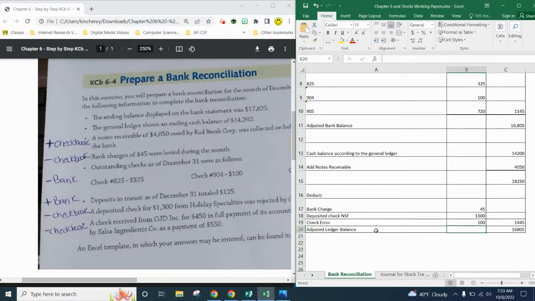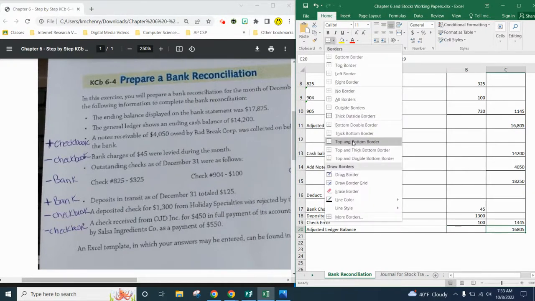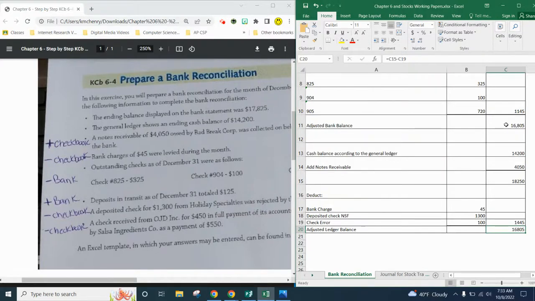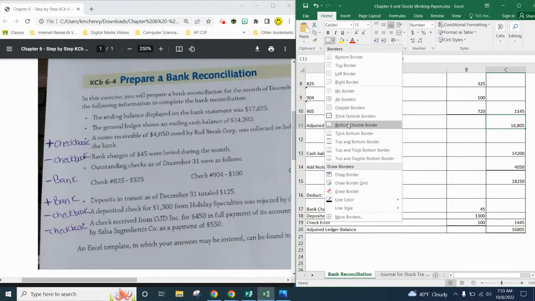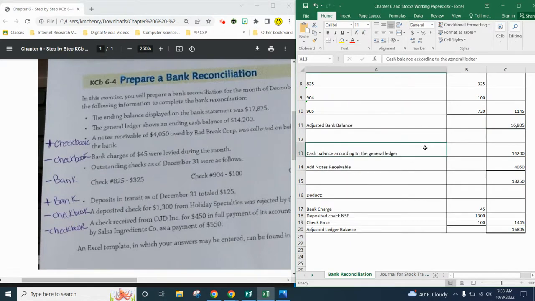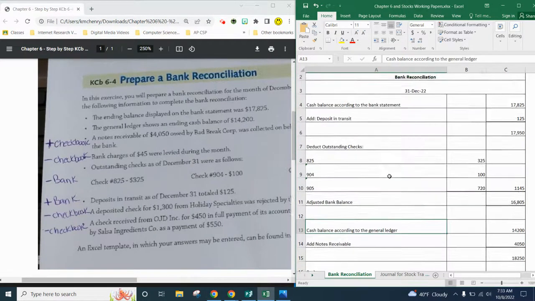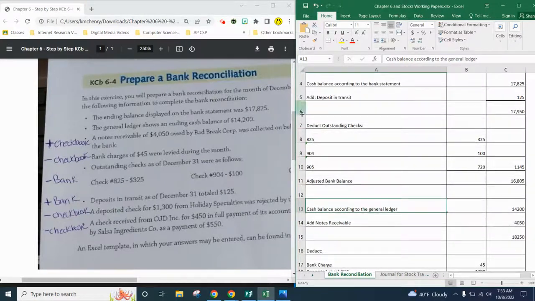And since they're equal, we're going to give them a thick bottom border. I'm sorry, we're going to give them a double bottom border. Okay, and there we have our prepared bank reconciliation. Okay, so again,